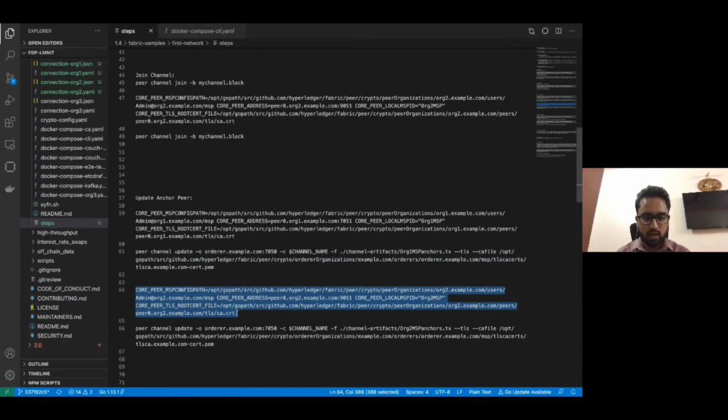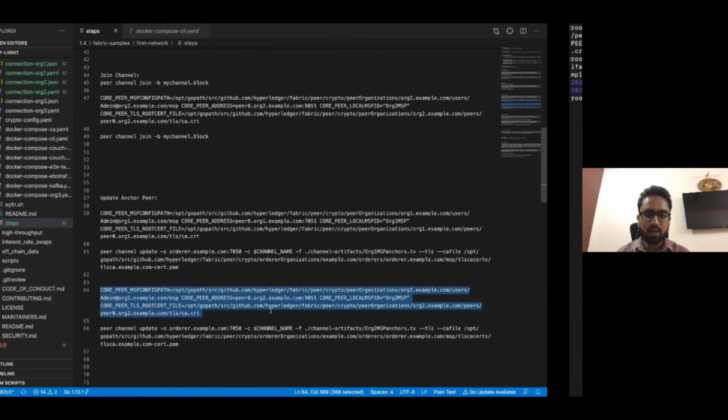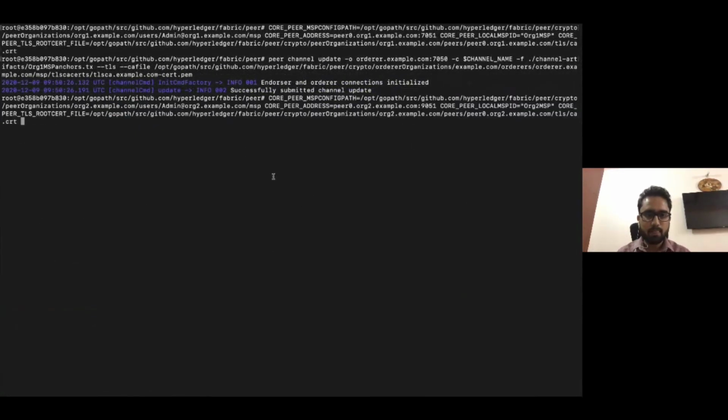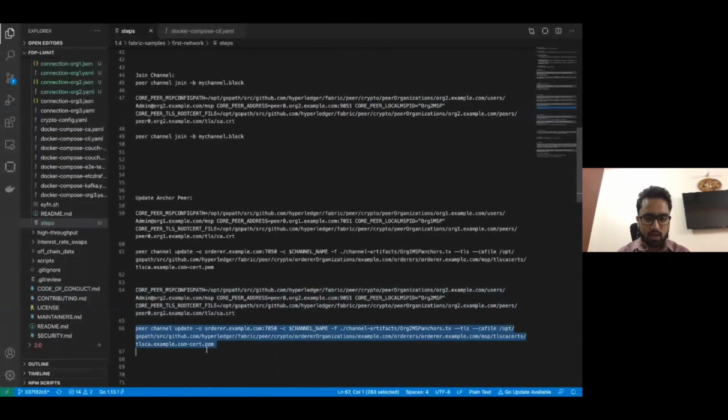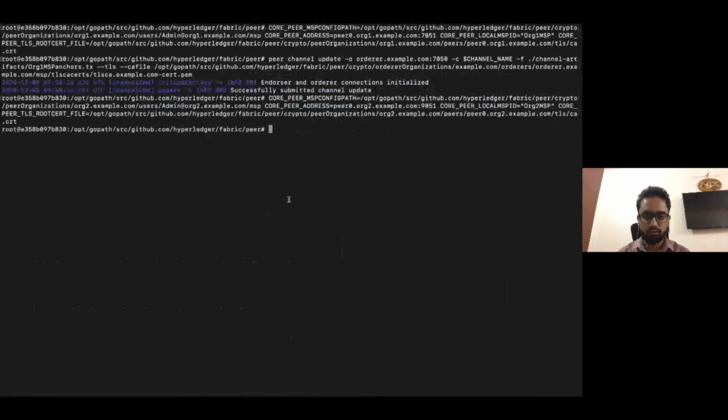For that, again I have to configure my CLI, and now I have to submit the transaction, that is Org2MSPanchors.tx that I have created. I'll submit this particular transaction to my network, so that the network knows that peer 0 org2 is an anchor peer of org2.